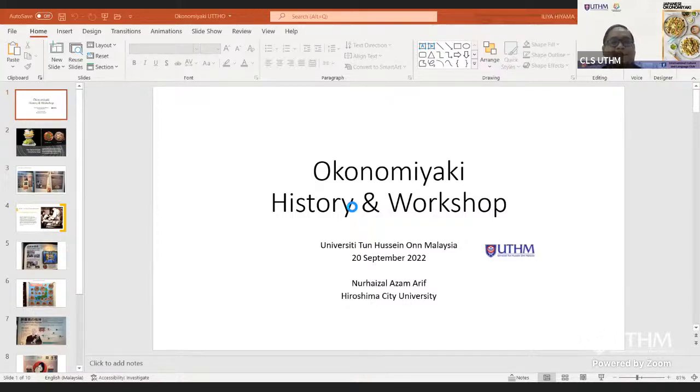Okay, this is okonomiyaki. Do you know why it's called okonomiyaki? What does okonomiyaki mean? Okonomiyaki is basically a very simple menu, and you can consider it a global menu. Why? Because okonomi means as you like. You can add anything you like. For example, if you are from Malaysia, maybe Malaysian people like chicken, you can add more chicken.